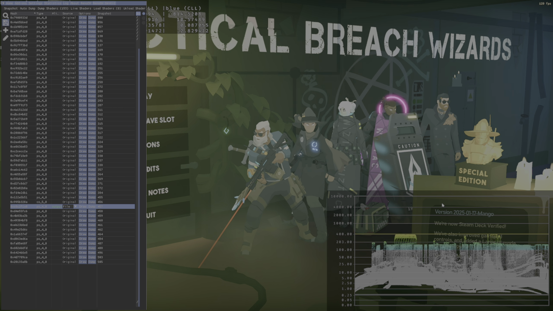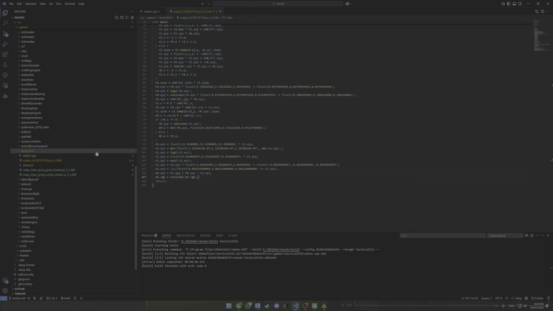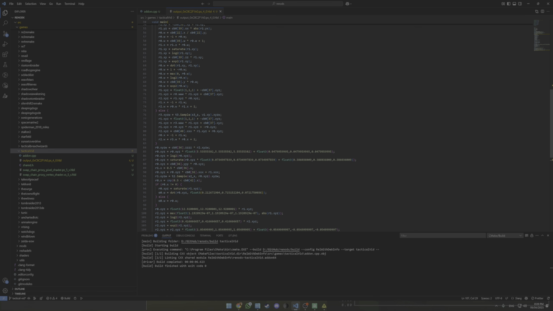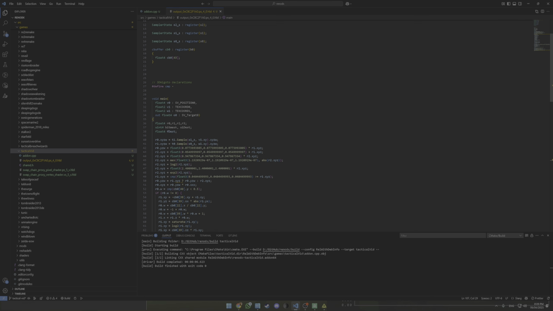Now, the second thing that we want to make sure of, I wonder if this is UI, doesn't matter. The second thing that we want to make sure of is we want to understand what color space it's using, BT2020, BT709, and what encoding it's using, if it's using any. Because RenoDX tone map pass is gonna require BT709 linear, so not encoded to anything. If we go to the top,